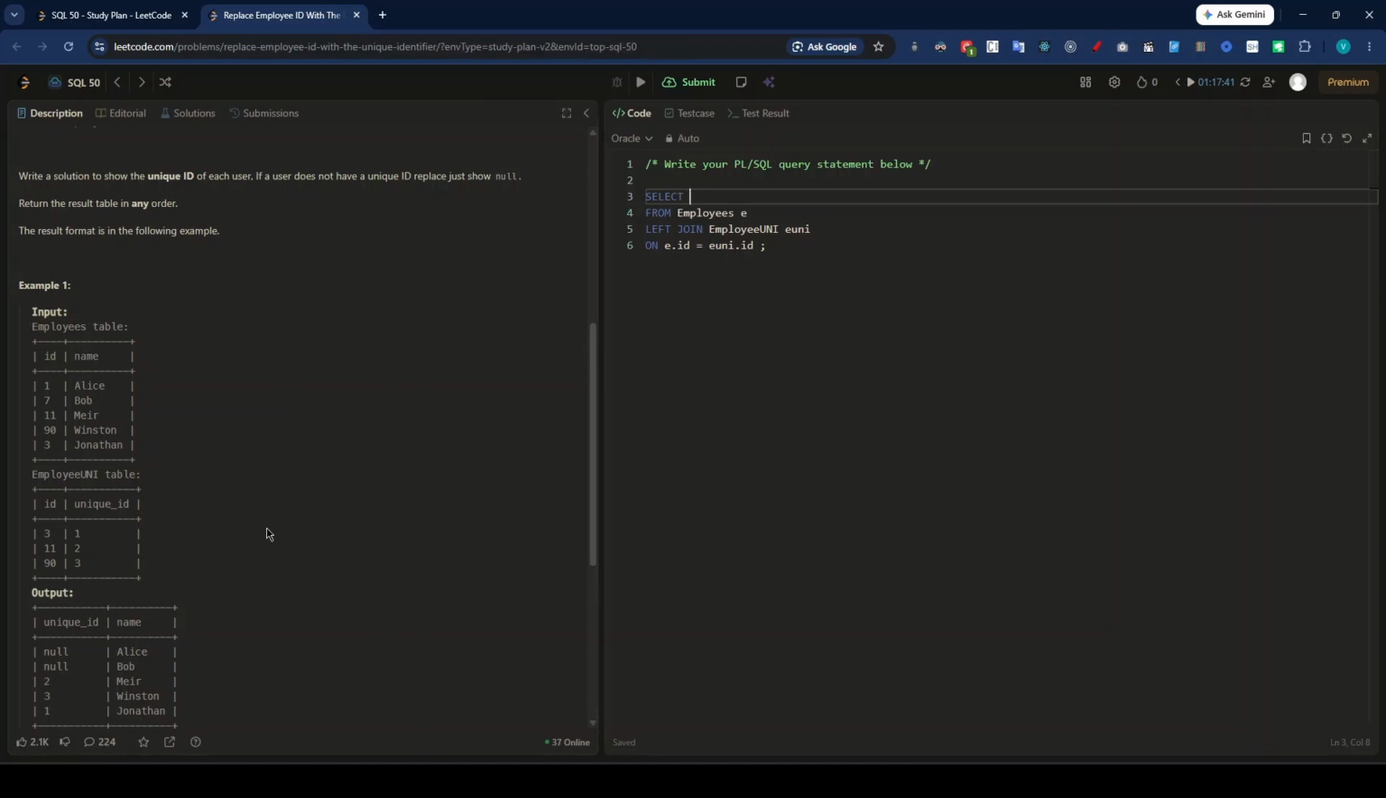First we need to get the unique ID that is in the EUNI table, and I want the employee name from the first table. Just be clear with these things. So basically, I can omit these two aliases because